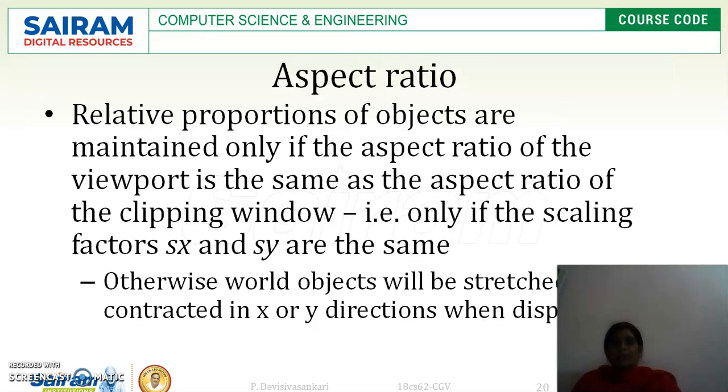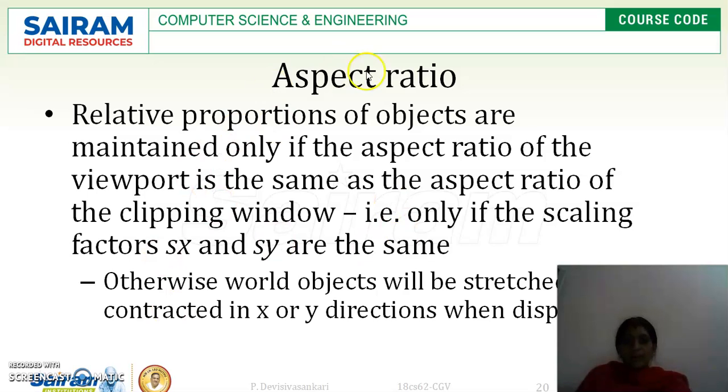And aspect ratio is nothing but the relative proportions of the object should be maintained. If it is maintained, then only we can see the same object as it is on the screen. Otherwise, for a circle we will get a different shape, it will become an ellipse. Otherwise, for a square we will get a rectangle, or if the original image is a rectangle, then we may get a square if the aspect ratio is not maintained properly.